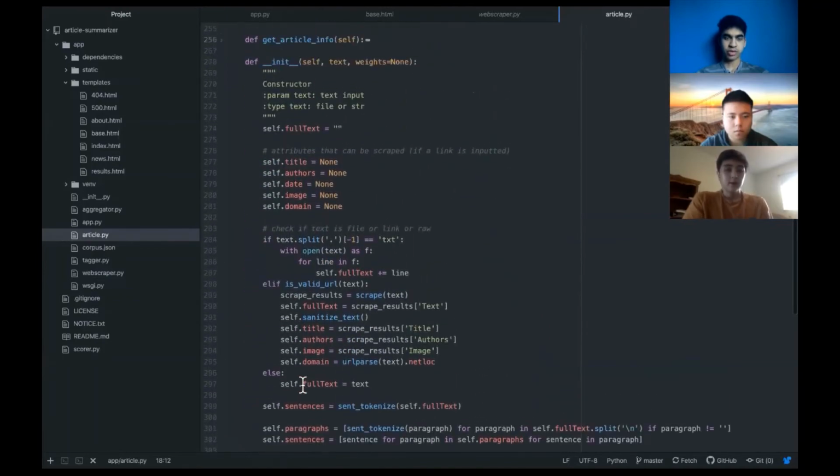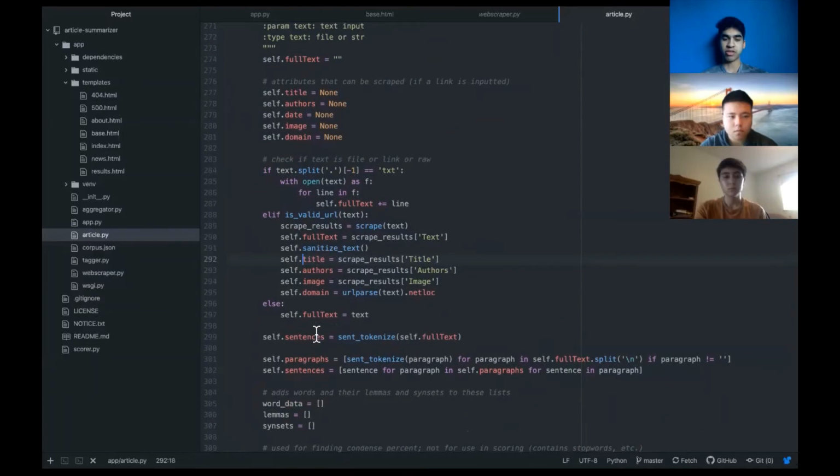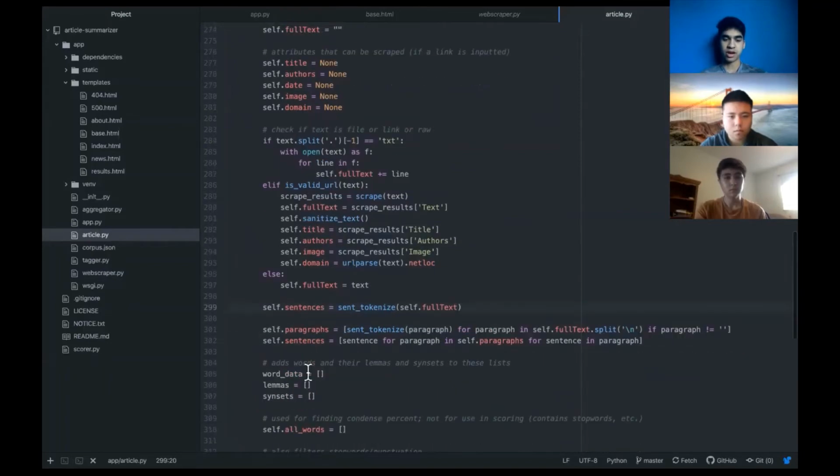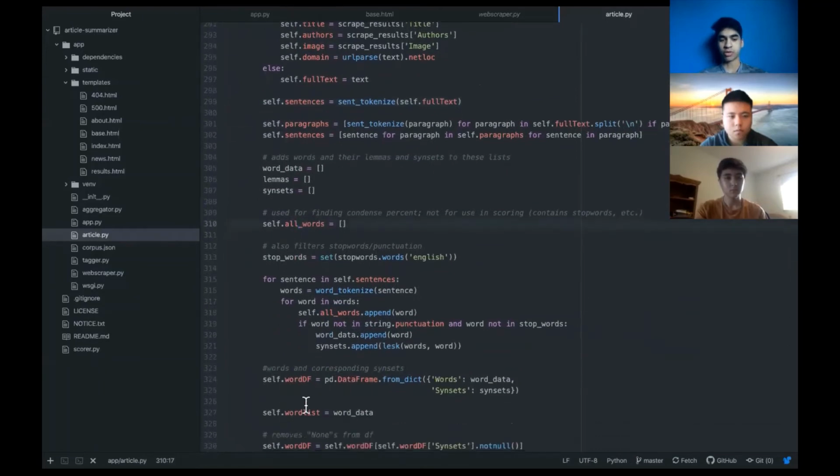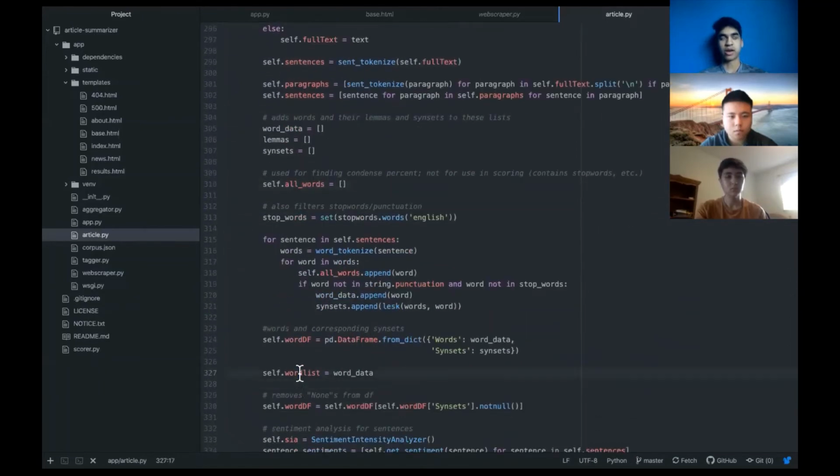What we do is we define a lot of various things our class needs, and a lot of lists that the class will eventually need, like the full text, which contains everything, including stop words, or for instance, the paragraphs, which are a sanitized version of the sentences. We also look at words without punctuation, words without stop words, and then we also